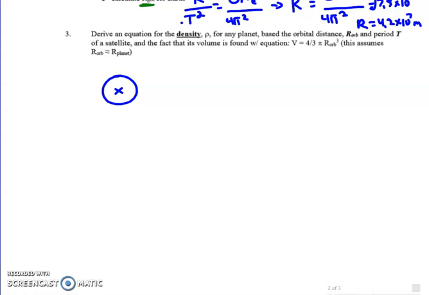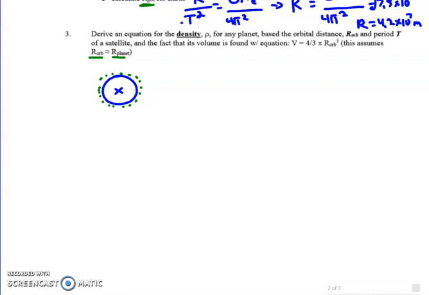So one way you can do that is you can send a probe to that planet, and you can have it orbit it. And in that orbit, you're going to have a period and a distance, where the distance of the orbit is essentially the distance, the radius of the planet. Well, based on that, we can actually get the density of the planet,